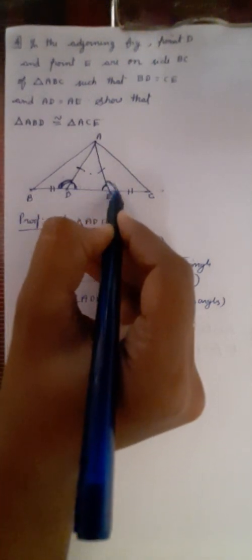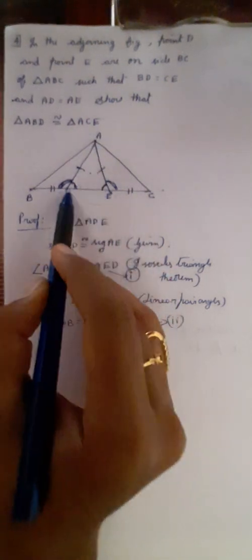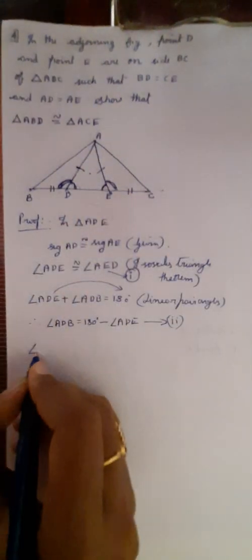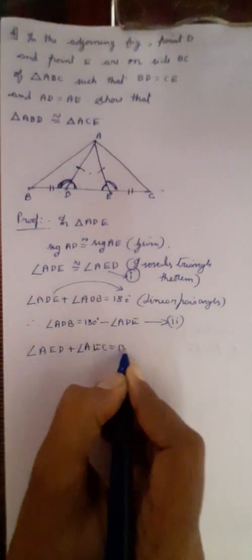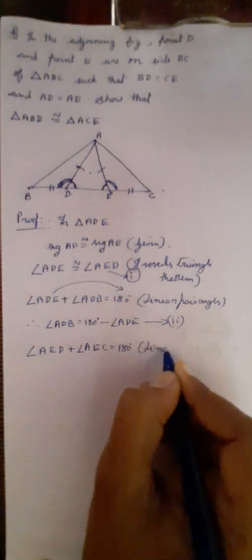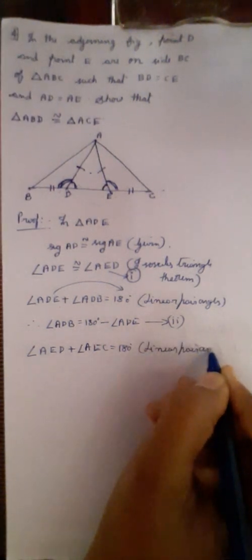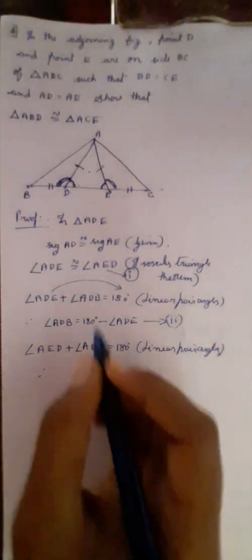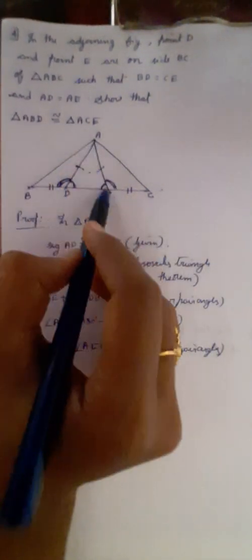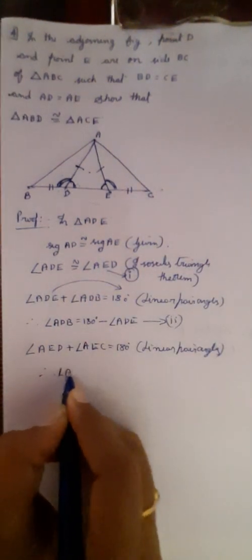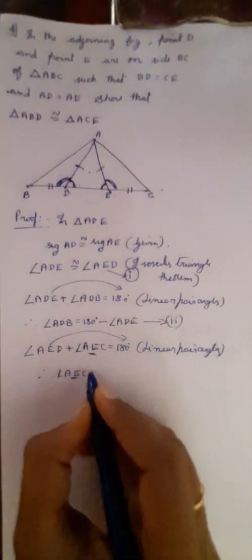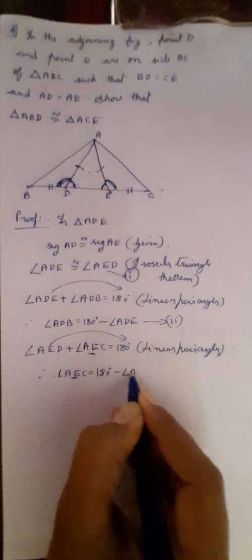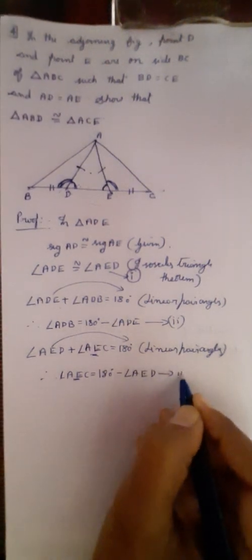Next, we take this angle and this angle. These two are linear pair, correct? Angle AED and angle AEC. Angle AED plus angle AEC equal to 180 degrees, linear pair angles. So here also, keep this outside angle, that is AEC, angle AEC, same to same, on the left side of the equal sign, and take this AED to that side. That means 180 degrees minus angle AED. Consider this as equation 3.